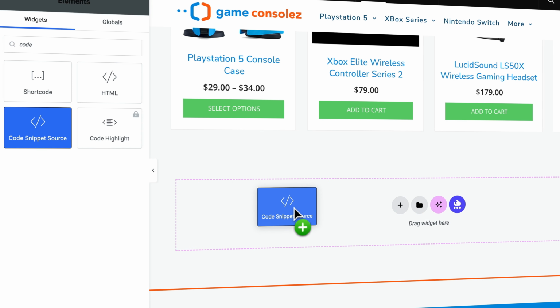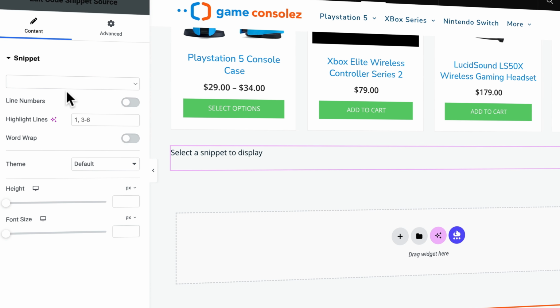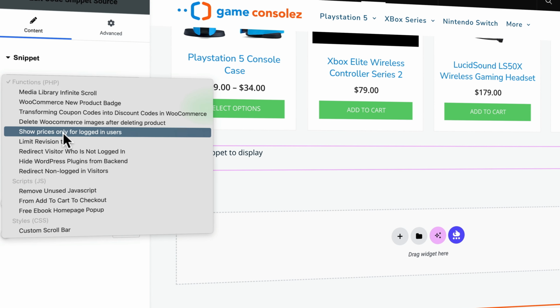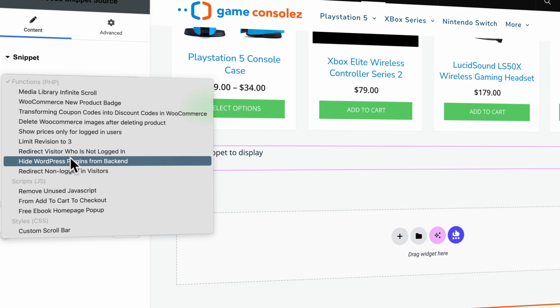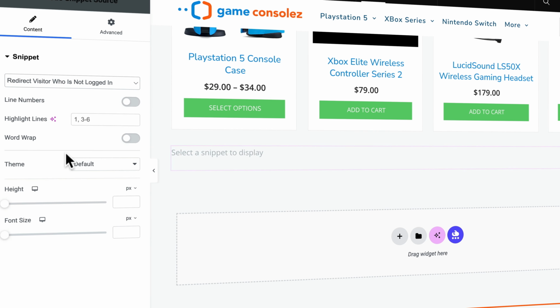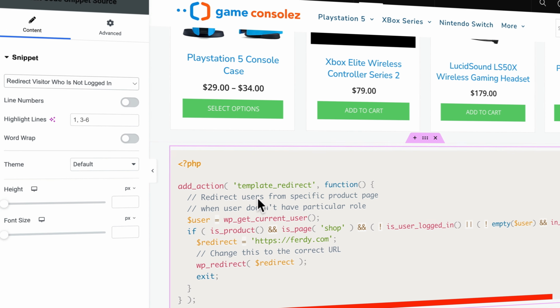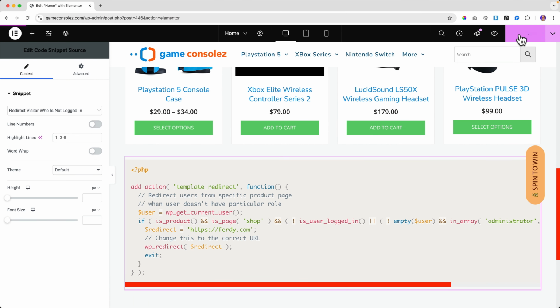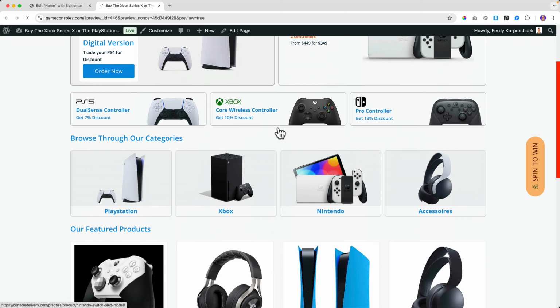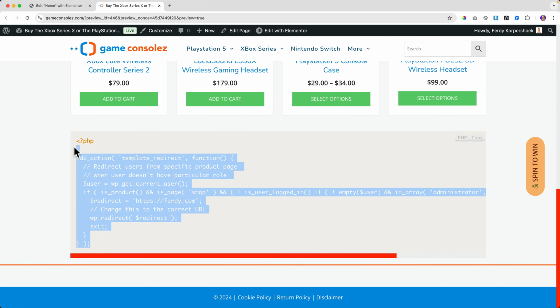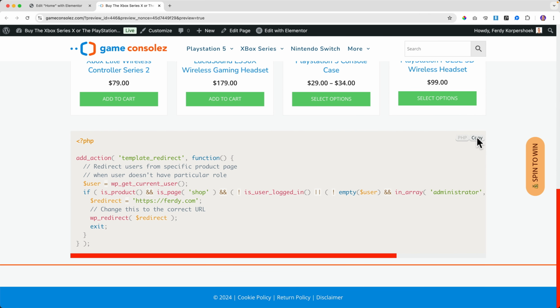So I just drag it over here. This is from code snippets. Now I can select any snippet I have in my code snippets library. So let me go to this one, the one I've created using AI. It looks like this. If I click on publish and I check it, people can grab this code like this, or even better, they can copy it. They see it's PHP. This is because of the ugly snippet I use.